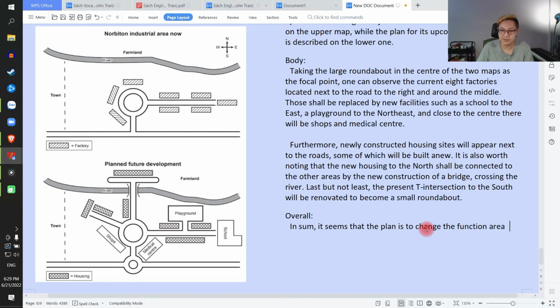It seems that the plan is to change the function of the area from an industrial to a